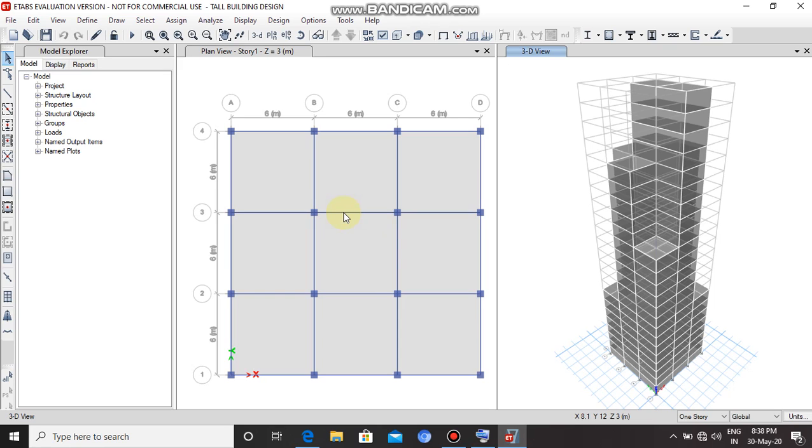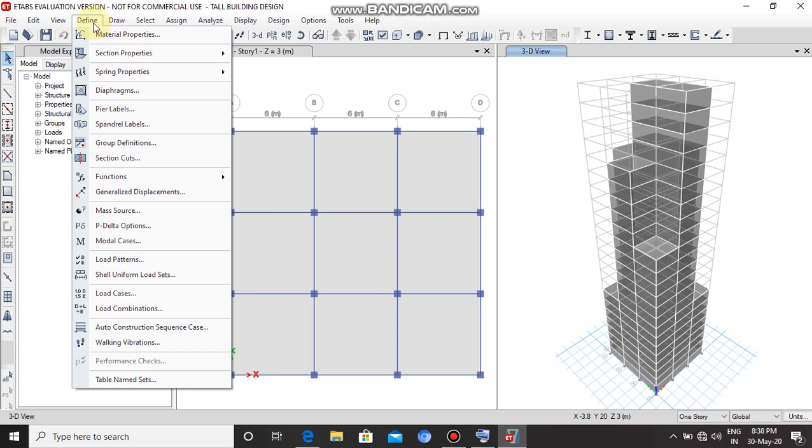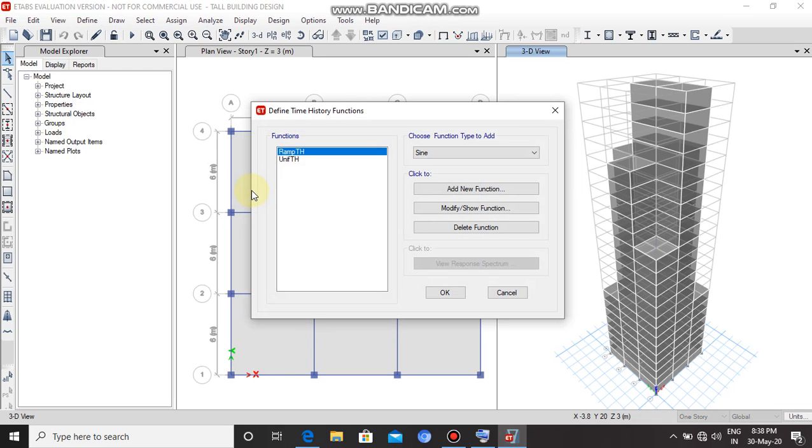Now for time history analysis, we have to go to Define, click on Function and then click on Time History. A new window appears. Now choose the function type to add from the list.